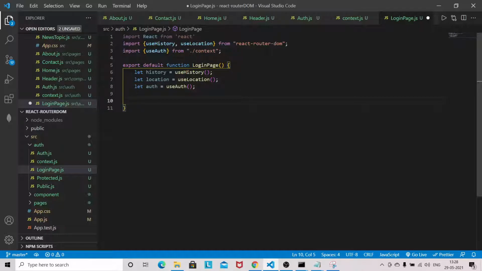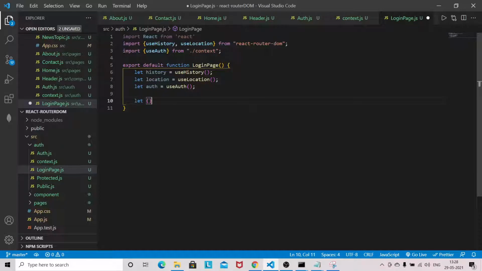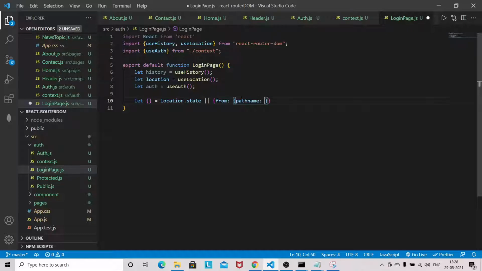Now let's destructure location.state. If it's not there, either you can get it from location.state or you can get it from the pathname. Okay, let login.